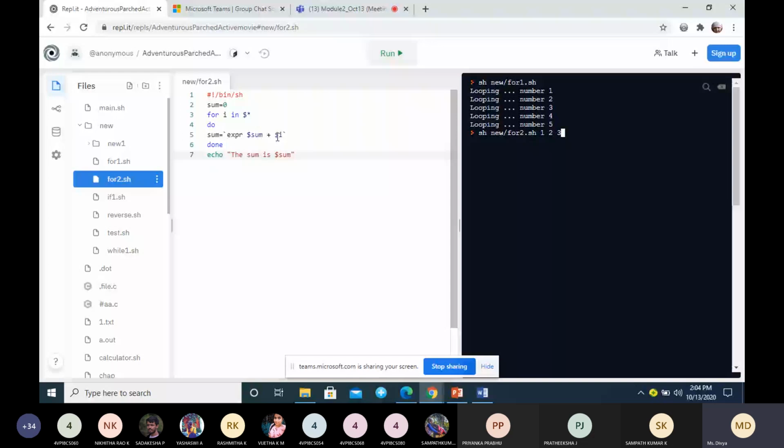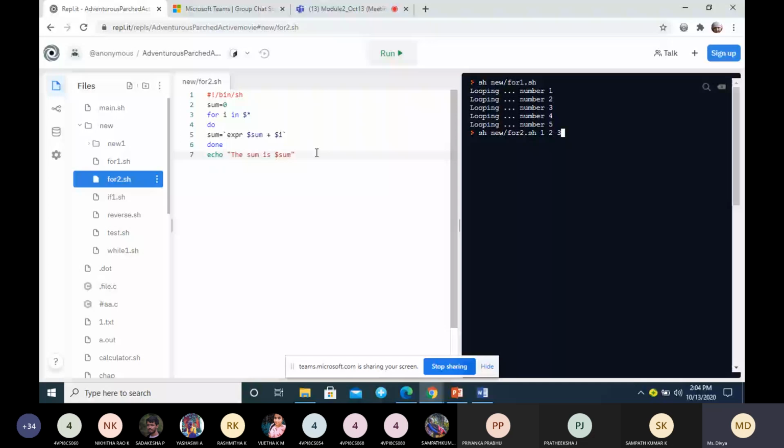Same as your C programming. So 0 plus 1 will be 1. Then i will be assigned the value 2, so now it is 1 plus 2, which becomes 3. Then i will be assigned the value 3, so 3 plus 3 becomes 6. Finally we come out of the for loop and it displays the sum of the numbers.